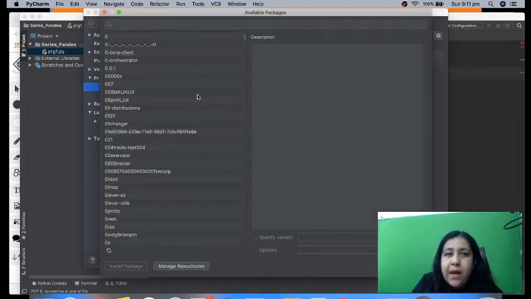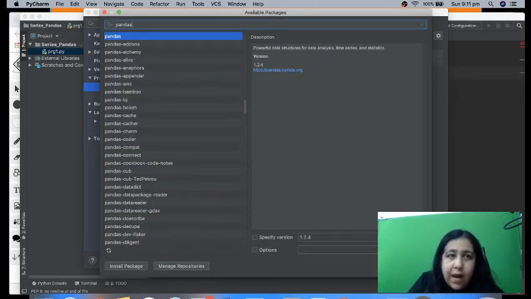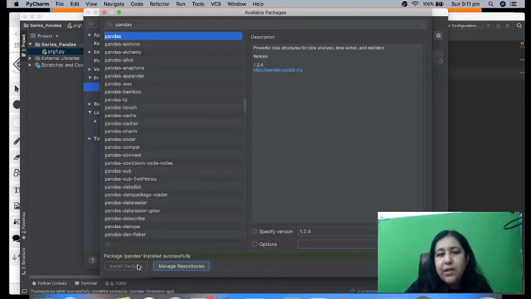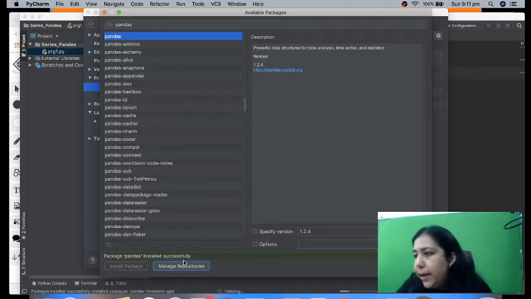So I go to plus, clicking on plus, I'm going to search for pandas. I'll click here and here is pandas, and then I have to click on install package. So after selecting pandas from here, you have to click on install package so that pandas is installed and you can use it in your machine, right? So I have to wait by the time it installs it, and then we are all good to go. Then we can use the normal commands as we were using earlier. So whenever you make a new project or you're using PyCharm for the first time, you can add it. Now you can see the message, right?